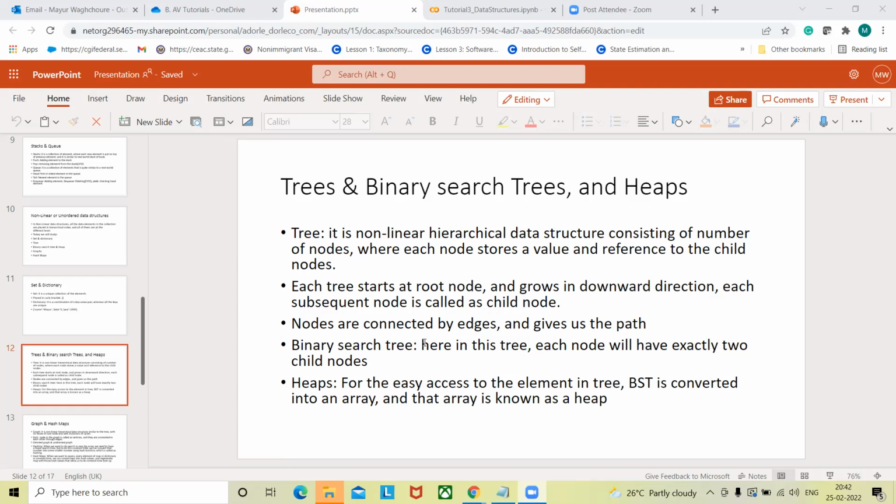It is a tree only. All the properties that you see in a general tree will be there, but for each parent node there will be just two child nodes. Then somebody will ask what is the purpose of developing these binary search trees. Whenever we have to do searching or sorting, in that situation